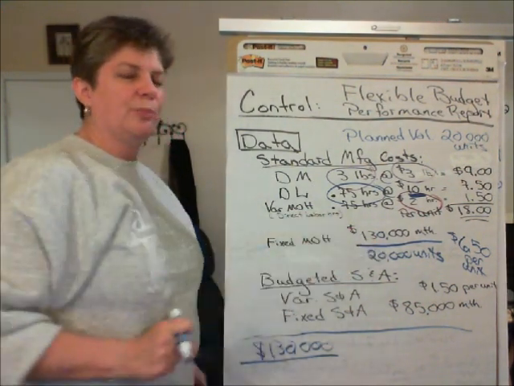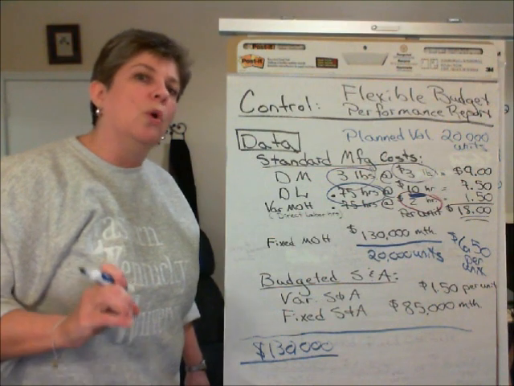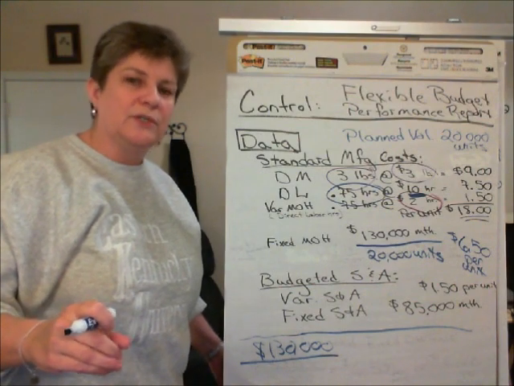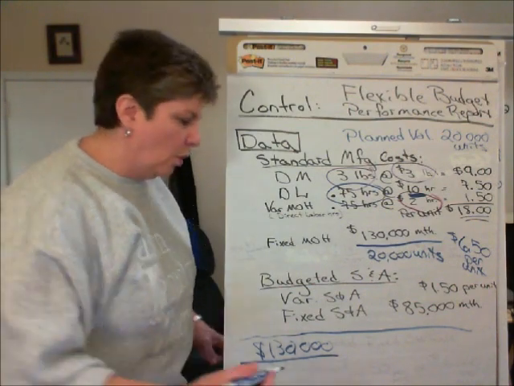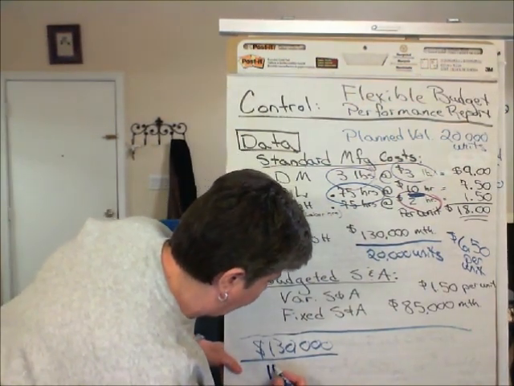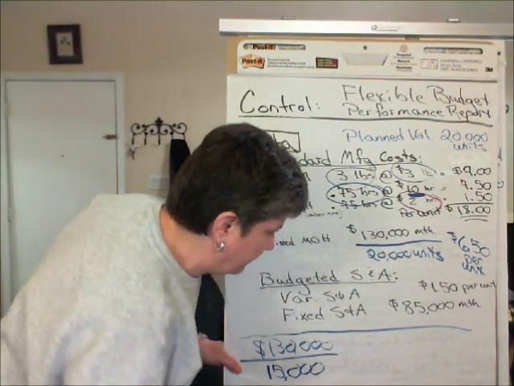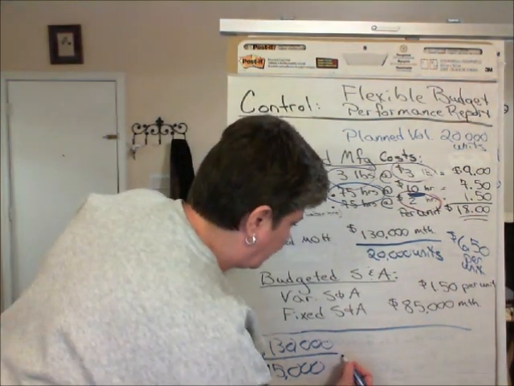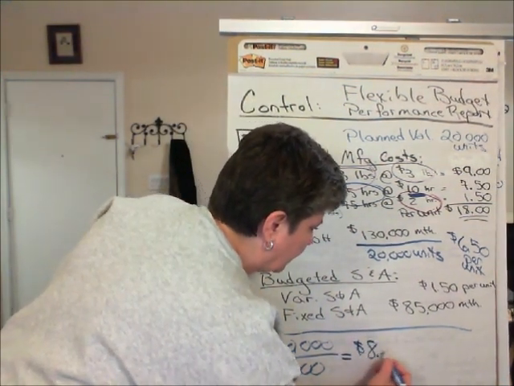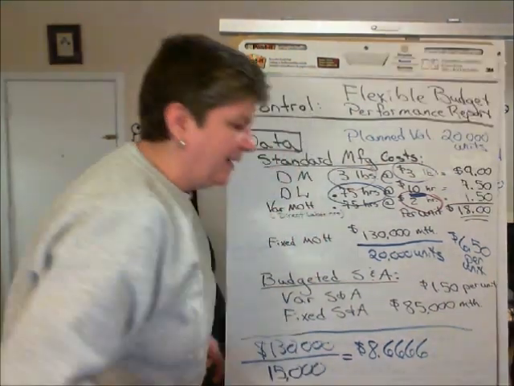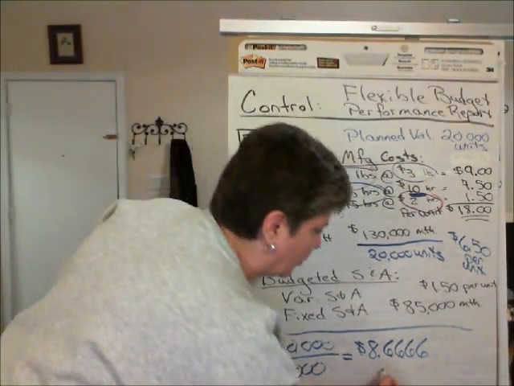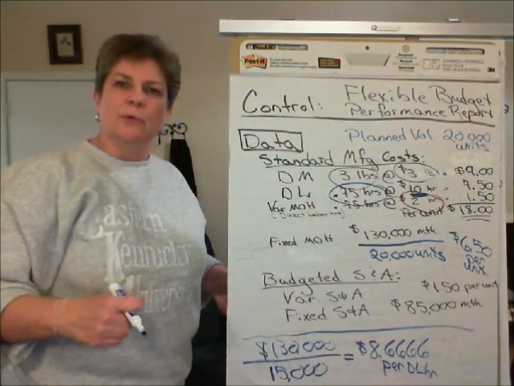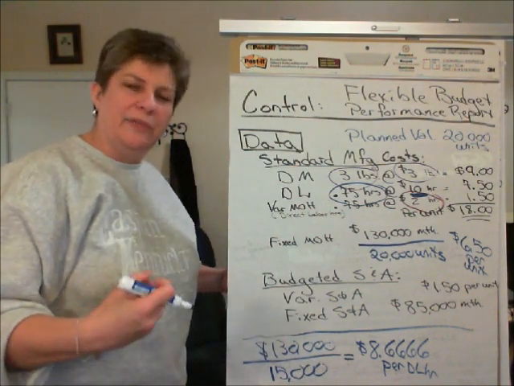So if we planned to produce 20,000 units, then what was our planned level of labor hours? 20,000 units times 0.75, or 15,000 direct labor hours. Well, that's going to translate into a rate of $8.66666 per direct labor hour. So this one would yield some rounding issues, but if that's how overhead is applied, then we just deal with